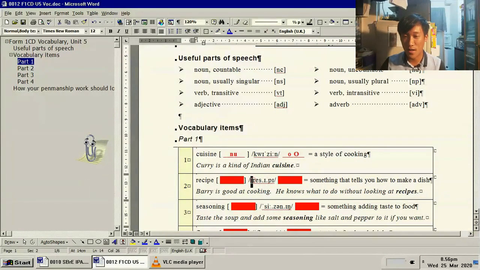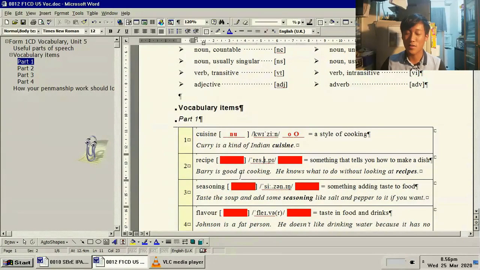Okay, only the stress mark shows that the next syllable is stressed. Full stops or nothing is unstressed. So I hope you can spend some time to think about the number of syllables and which one is stressed, and then which one has a higher pitch, and write down the data and work out the parts of speech